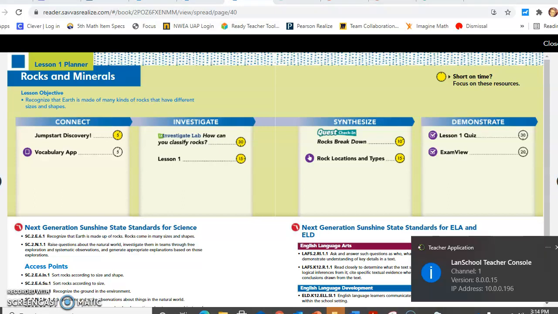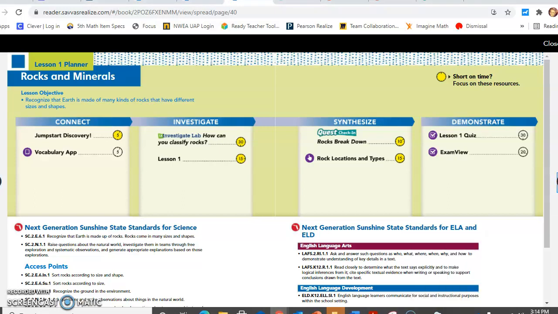The interesting thing about Elevate is the authors of Elevate did write this program, realizing that many grade levels just squeeze science in where they have extra time or they overlap it with things. Sometimes it's not done every day. So they wrote the curriculum to keep that in mind. Right up here, it says if you're short on time, you can focus on just the yellow resources. So if towards the end of the year you realize you're just not having as much time for science as planned, as long as you do the yellow resources, the students should grasp the topic. Now, if you have plenty of time for science, you can always throw in the ones that are not yellow